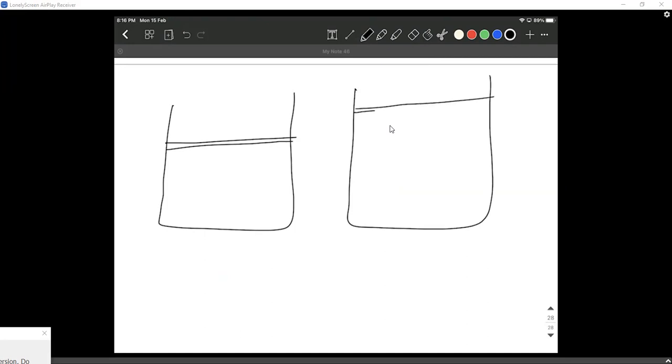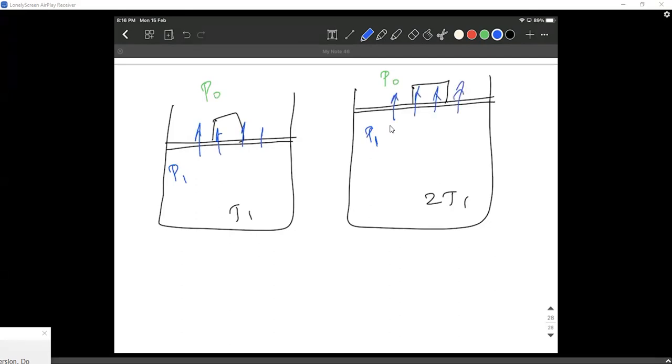The thing is, guys, remember the piston as I heated it up from T1 to 2T1, initial and final I'm drawing. The outside pressure is always atmospheric pressure, it doesn't change. Since I didn't change any weight on it, the inside pressure is P1 here and it is also P1 there, because the pressure difference is balancing the weight of the block. They don't mention this thing. They simply say things like the block, it's the same block, it didn't change. So you have to understand the pressure did not change.